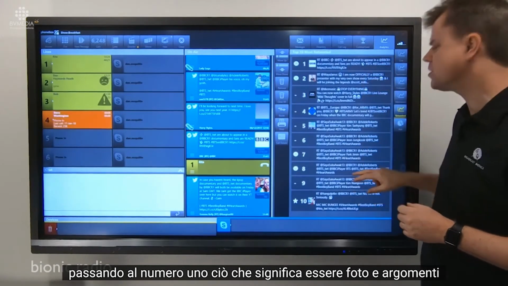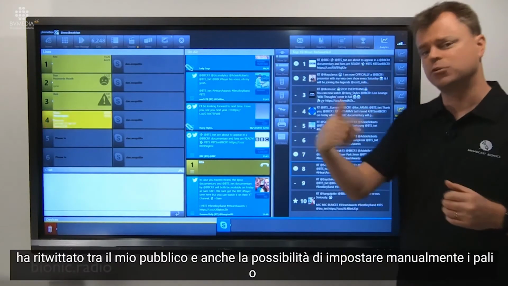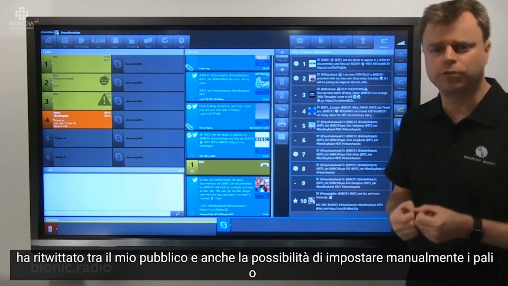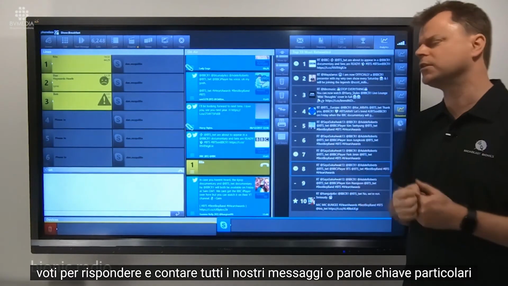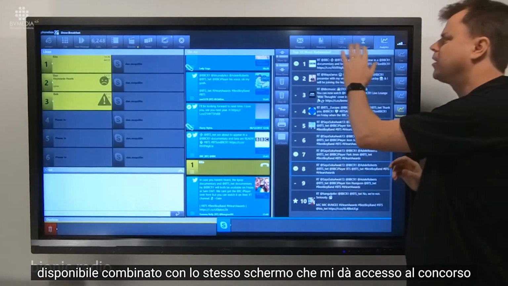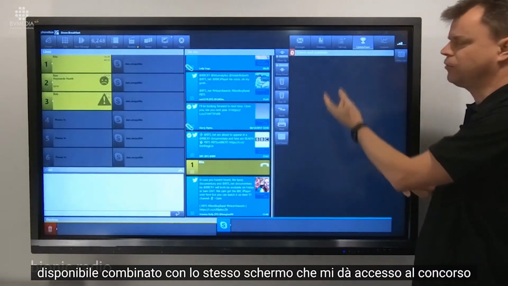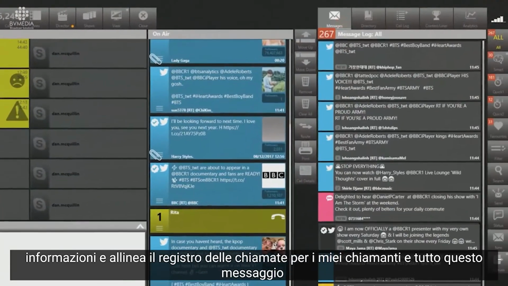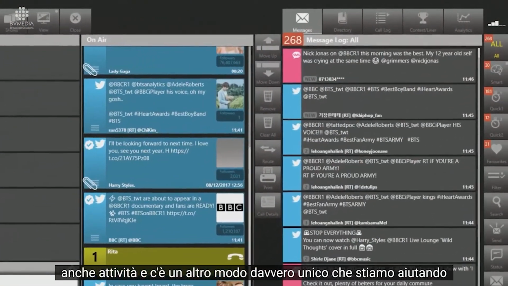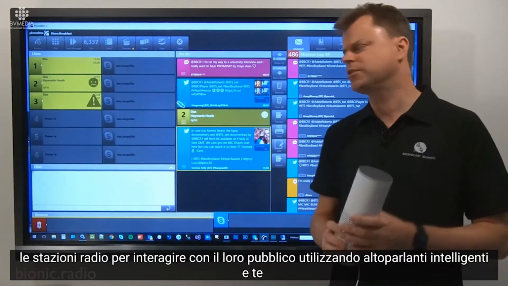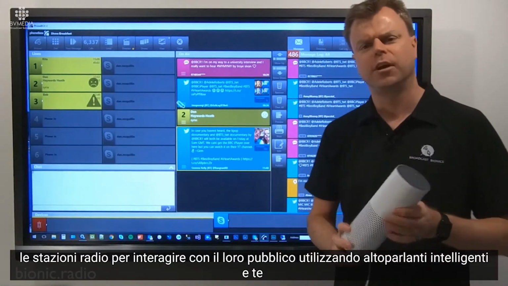What memes, photos and topics are being retweeted amongst my audience, and also the ability to manually set up polls or votes to respond to and count particular messages or keywords, all available combined with the same screen that gives me access to contest information and liners, the call log for my callers, and all of this message activity as well. And there's one other really unique way which we're helping radio stations to engage with their audience using smart